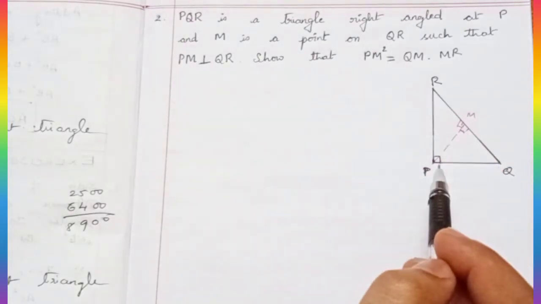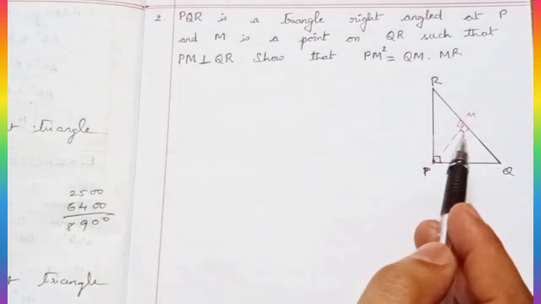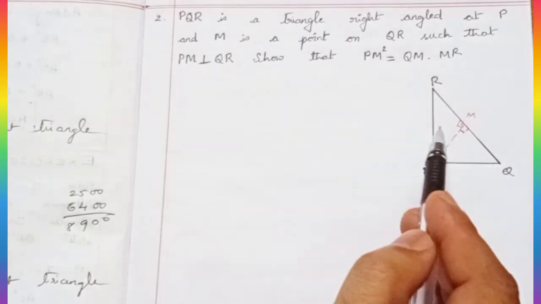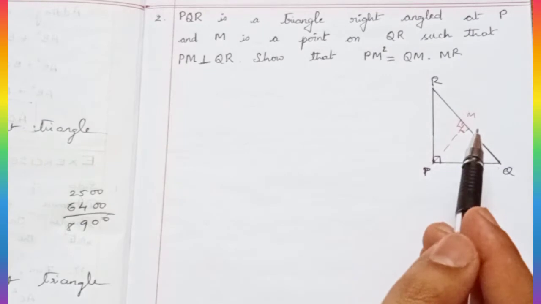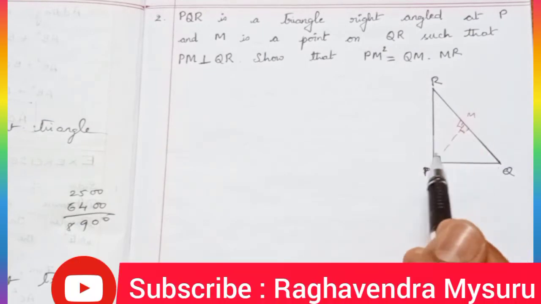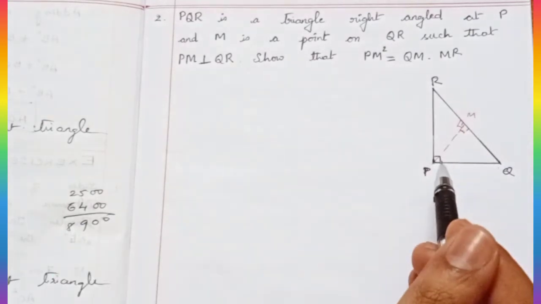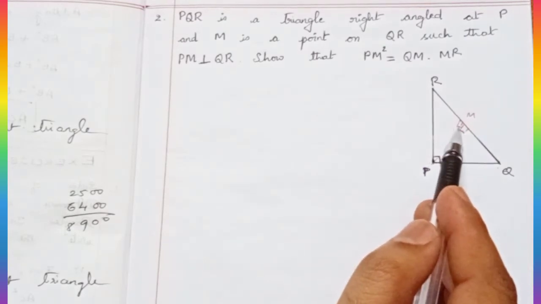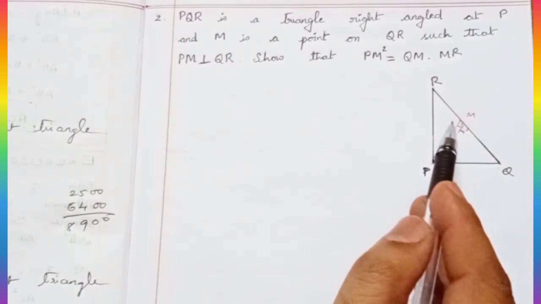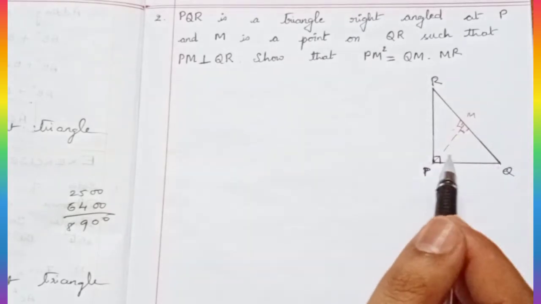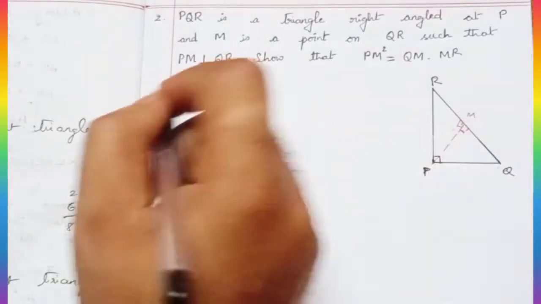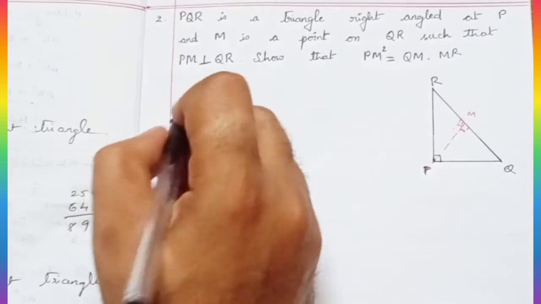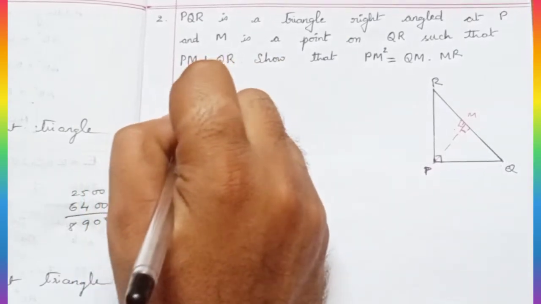But before solving it, we need to show that these two triangles are similar to one another. How to prove that these two triangles are similar? We cannot say with respect to the sides ratio. So we need to go with respect to the angles, because one of the angles is already equal to 90 degrees. So these are the corresponding angles of both the triangles. But I need to prove one more angle. So to prove that one, we will solve here. I'm going to consider